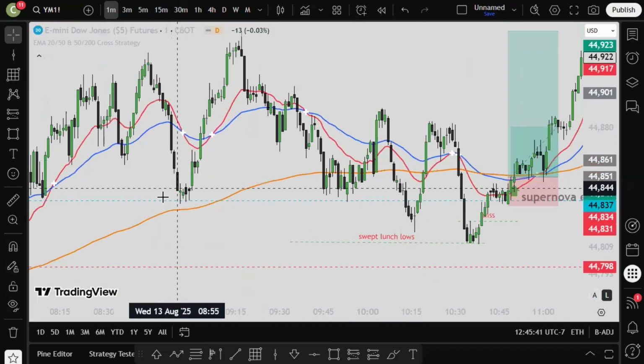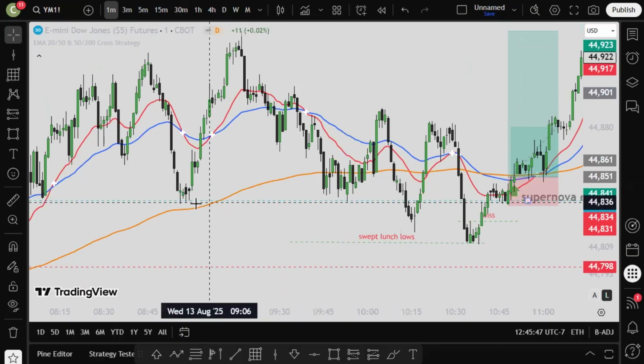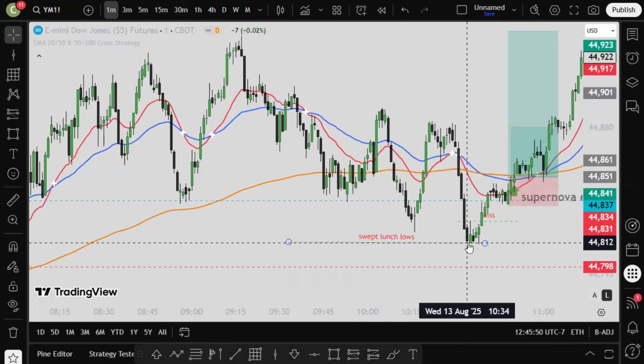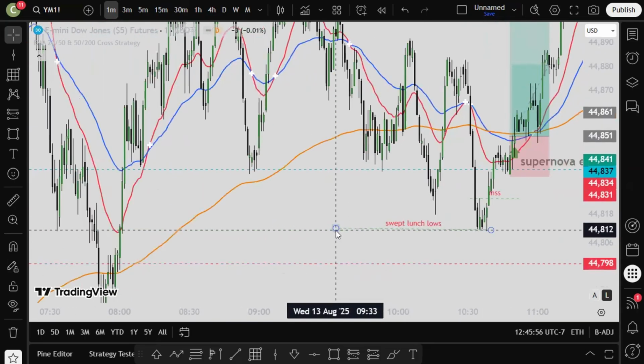That's the lunch low right there. See the time? Or right here too. See? That's the lunch right here. The lunch low is right here. It sweeps the lunch low. Now, we have a form of liquidity swept, but it's a session,